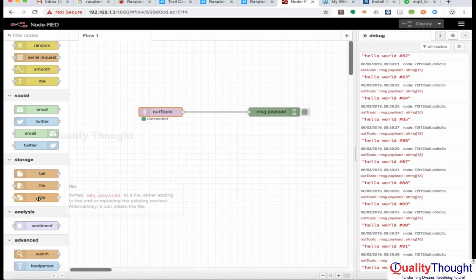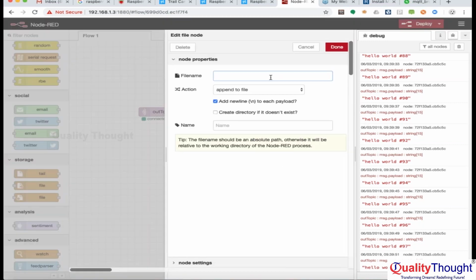What do you see here? File, right? So if I have to save every data which is coming in into the file, it's just one click, drag and drop it. Just need to give some file name, test file, and then it'll append all the